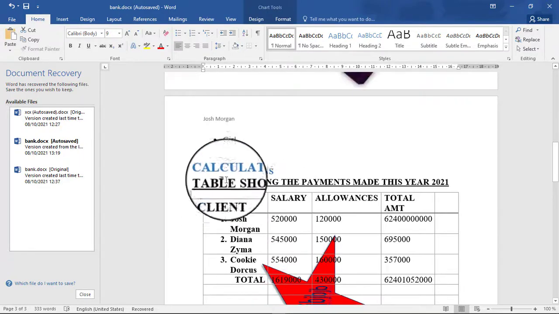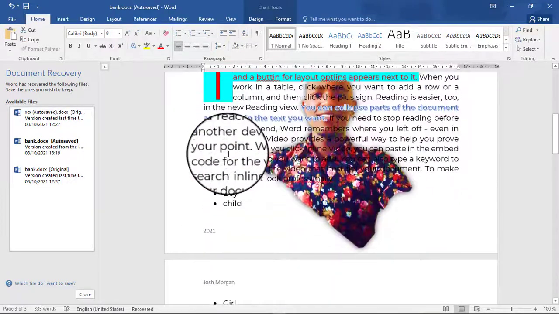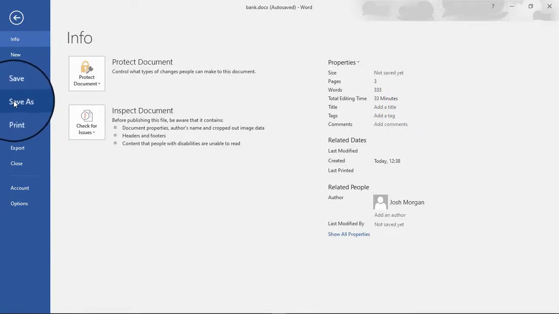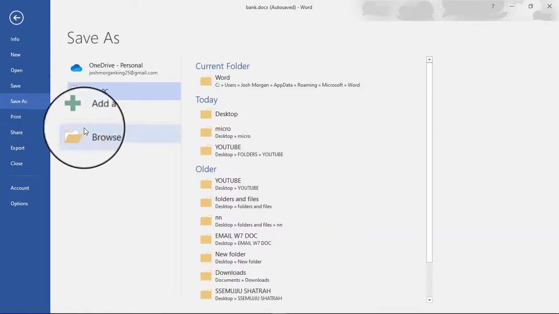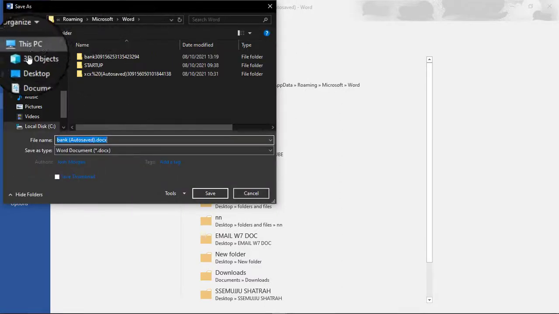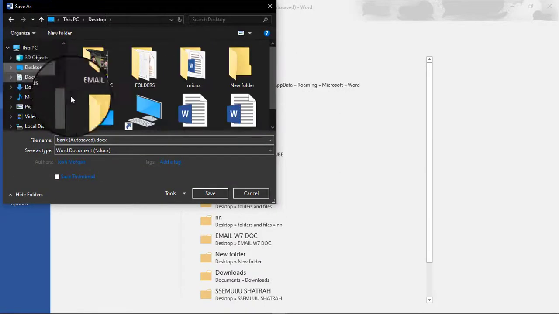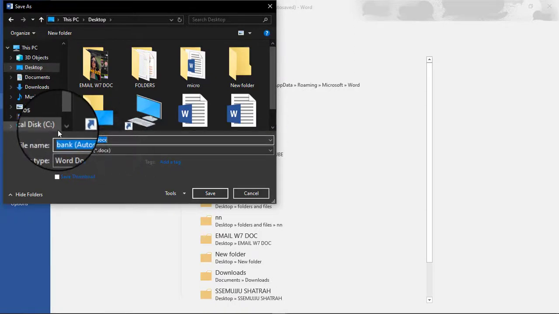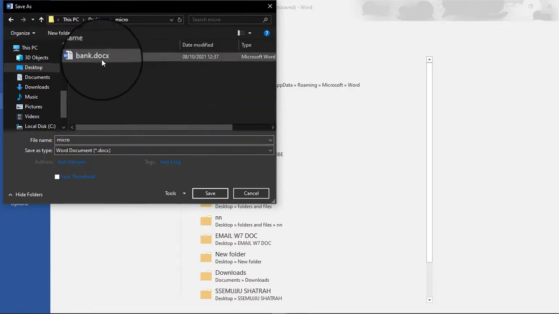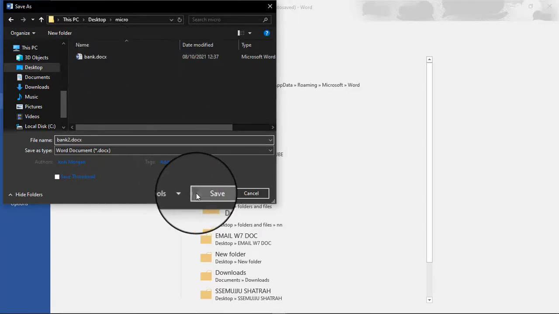Another thing, we are going to save our document. So you just have to go to file, then you go to save as, then you browse the location where you want to save that file. I want it at the desktop. I will press desktop, then I give it a name, micro. I want it in our folder we created, this one. Then select it, then save. Then after saving,